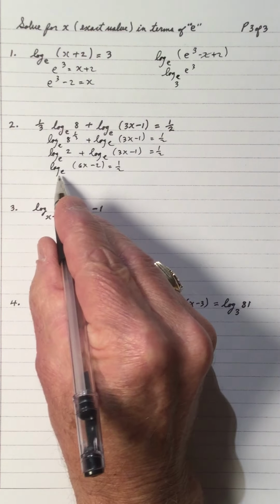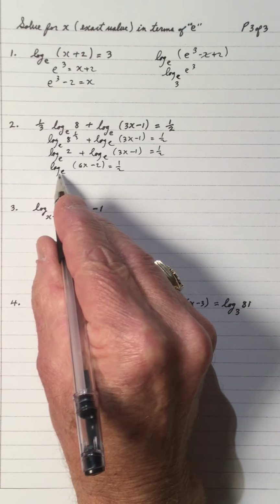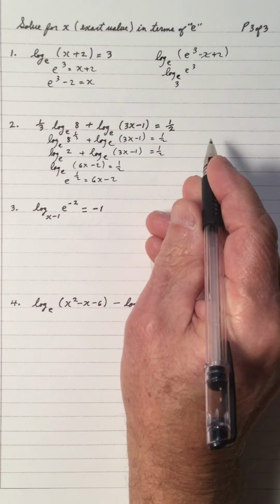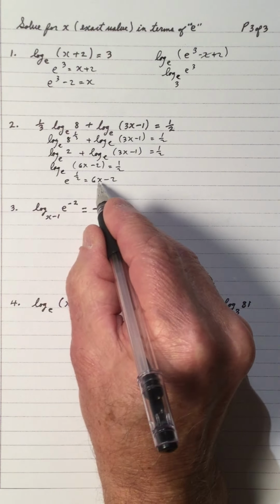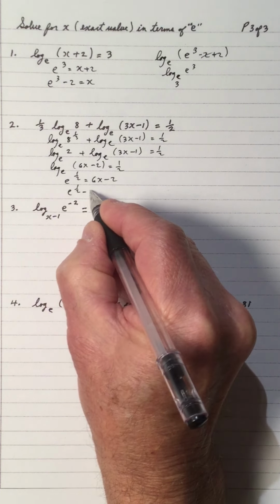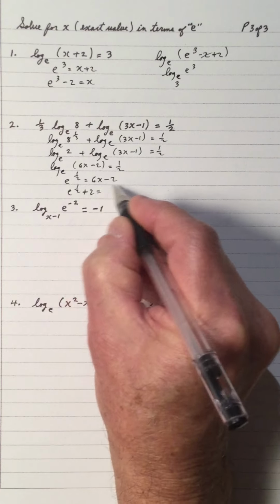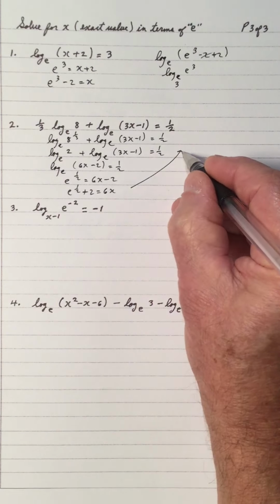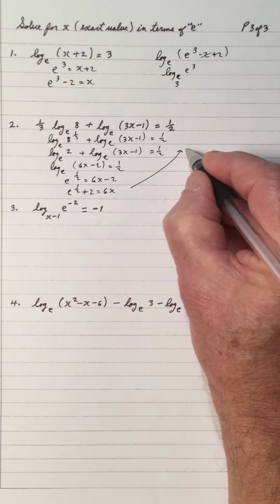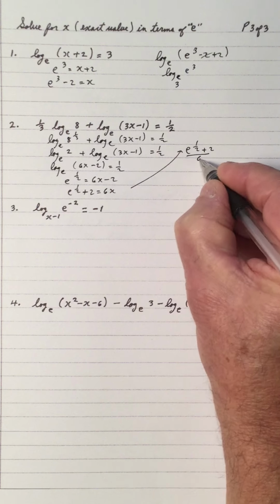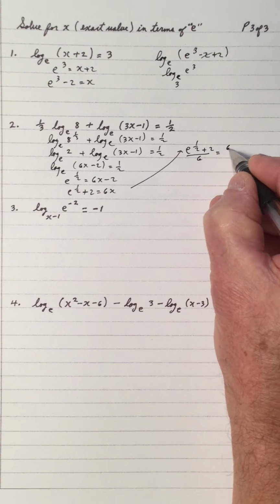So now we have 1 log, so we got to go base, exponent, number. And we're solving for x, so e to the half plus 2, we're moving the 2 to the left side. So we go over here. Now I got to divide by 6, so it's e to the 1/2 plus 2 divided by 6 equals